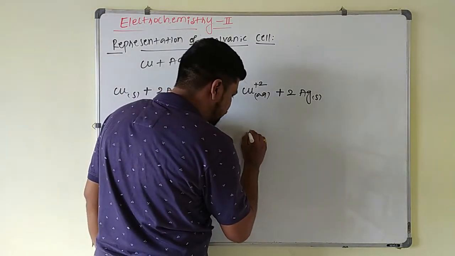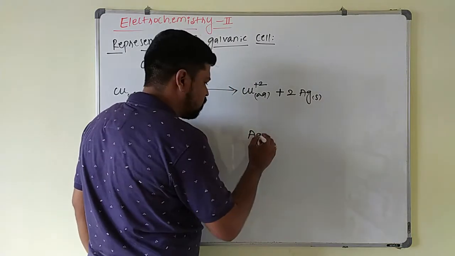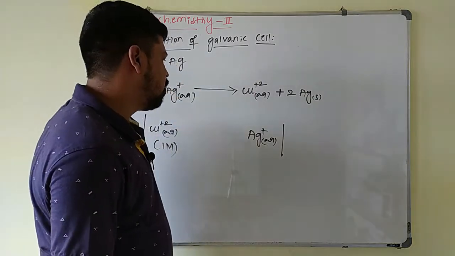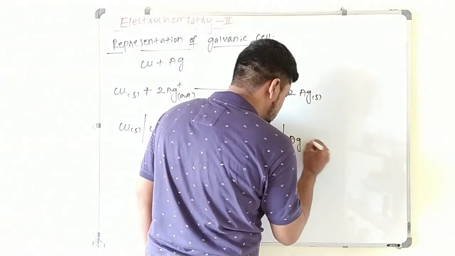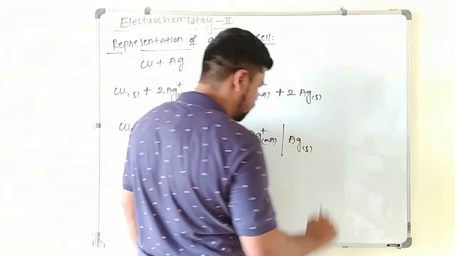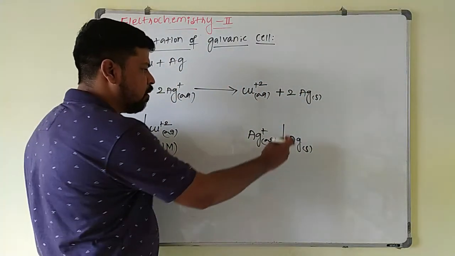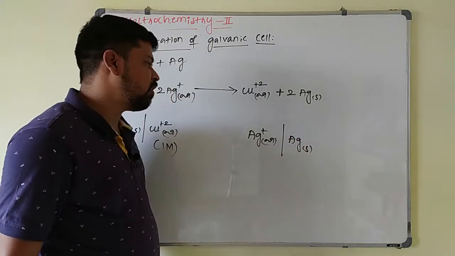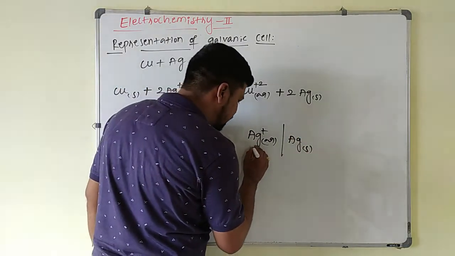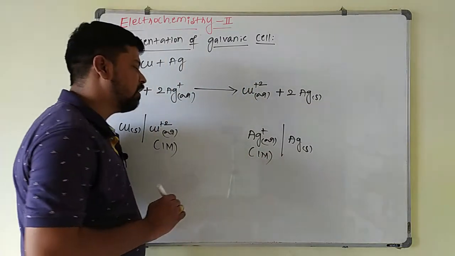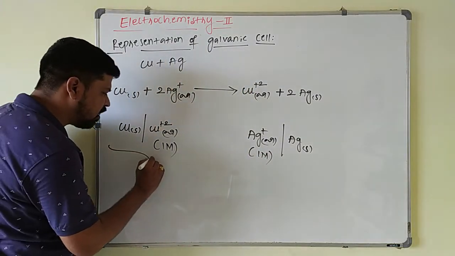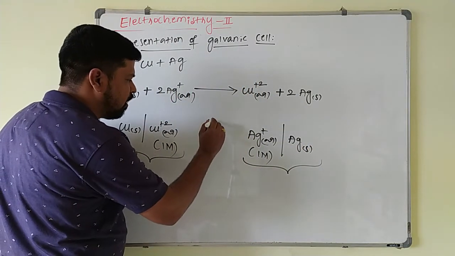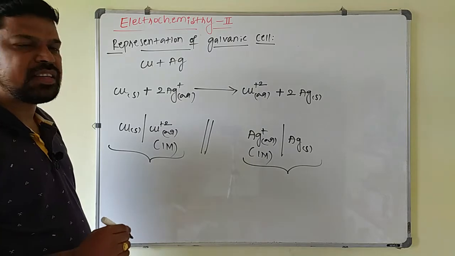So reduction half cell is represented as what? First you have to write electrolytic solution Ag+ in the aqueous medium, which is undergoing reduction. This is Ag, like this it is. Okay, here a vertical line is written between the electrolytic solution and the electrode here. Now the concentration is written as, this is 1 molar. Oxidation half cell, reduction half cell. Between these two, a double vertical line represents a salt bridge.